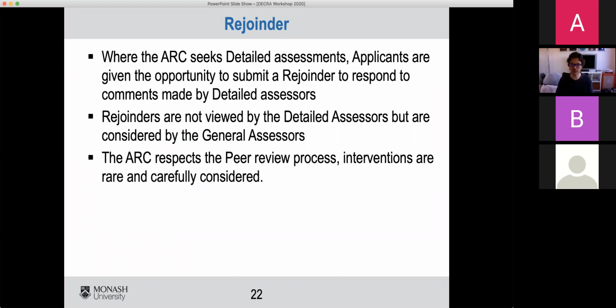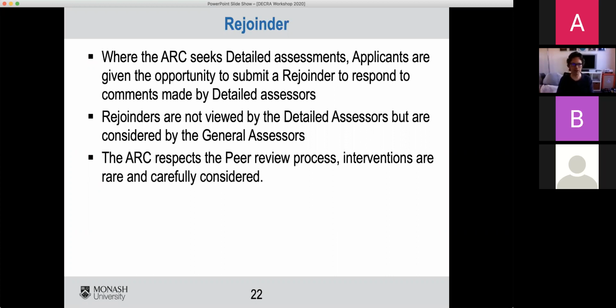So you get your assessments, and then you get the opportunity to write a rejoinder. So 5,000 characters, including spaces. By some quirk of RMS, RMS always counts more spaces, more characters than Word does. So if you prepare something that's 4,999 characters in Word, it will be considered by RMS to be too long, which is always irritating. But it's your 5,000 characters to respond to the assessment. So it's where you get to address any queries they raised, you get to clarify details.